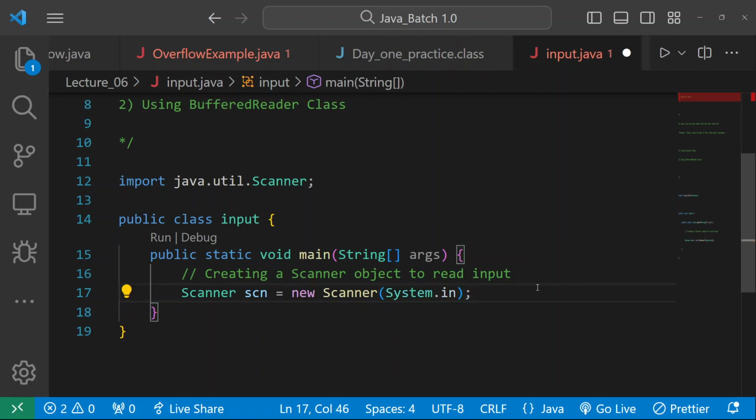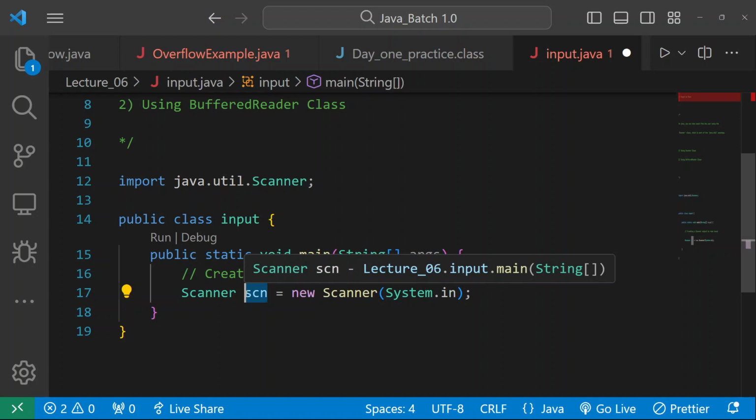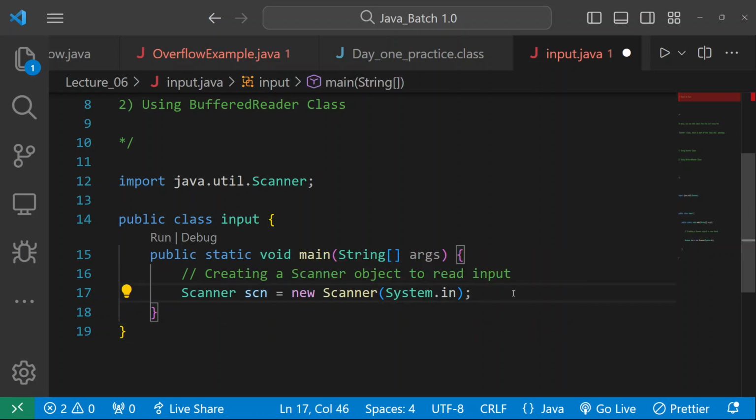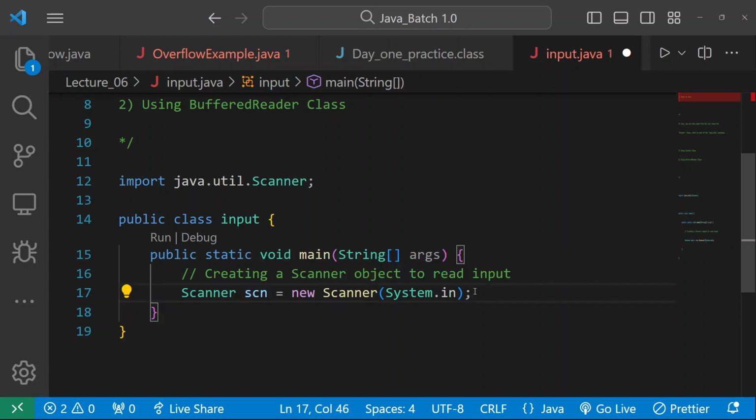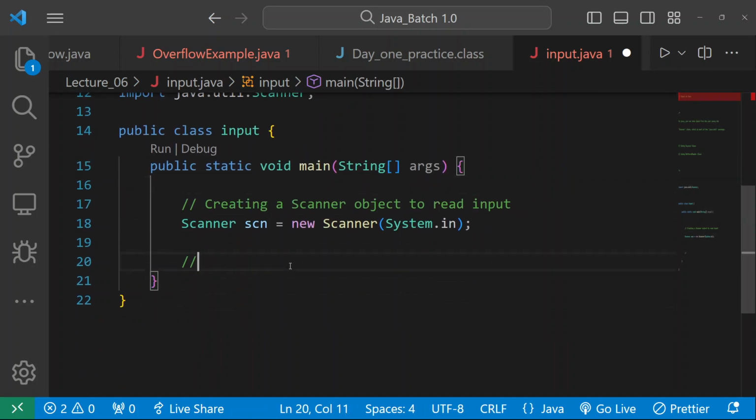So in further code, we will be using this object. Remember this thing, this SCN. Whenever I want to take an input, I will be using this SCN. Let's see how. Remember, if you want to create a scanner object to read input, first you need to import java.util.Scanner, that is your package. After that you need to create an object. Then further,